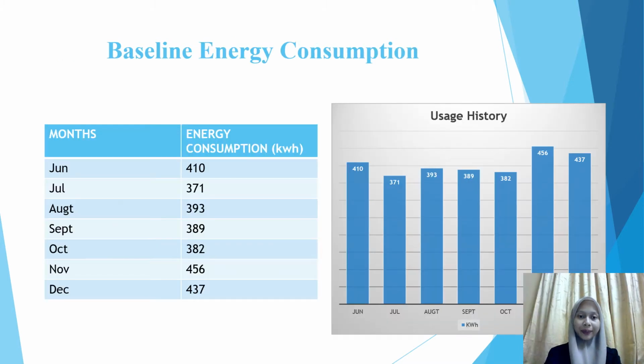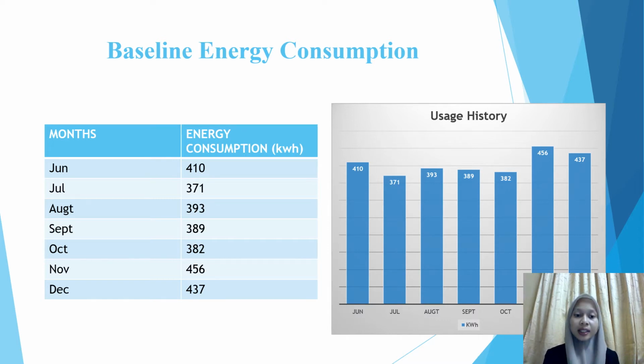So this is my part. There is a baseline energy consumption. I take 7 months in 2020 from June to December. What we see on the graph, in June the energy consumption in kilowatt hour is 4010, July 3071, August